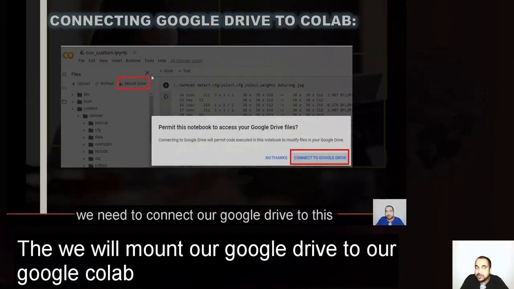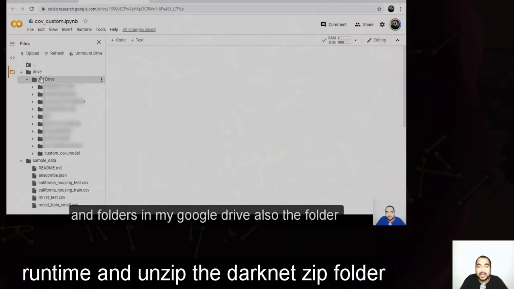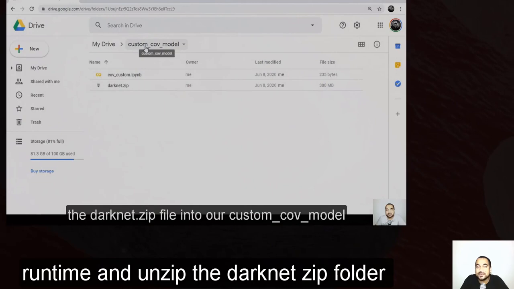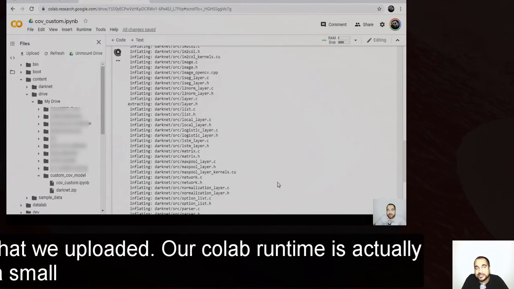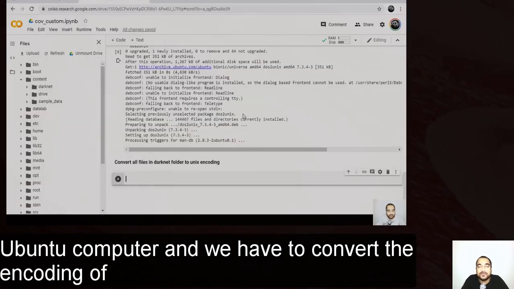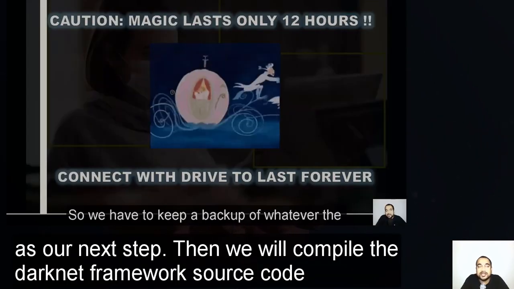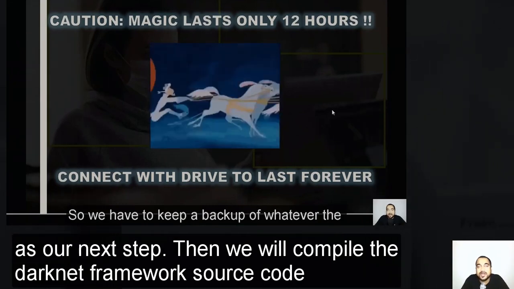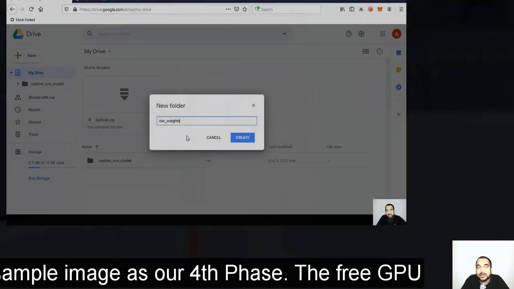Then we will mount our Google Drive to our Google Colab runtime and unzip the darknet zip folder that we uploaded. Our Colab runtime is actually a small Ubuntu computer, and we have to convert the encoding of all the editable files from Windows DOS to Unix as our next step. Then we will compile the darknet framework source code and proceed with testing the darknet framework with a sample image